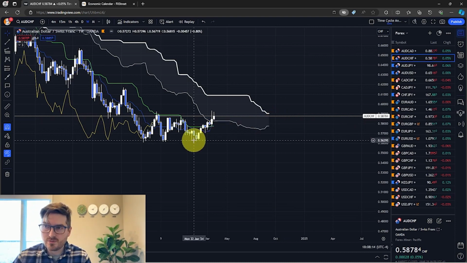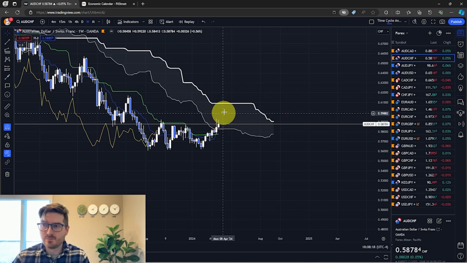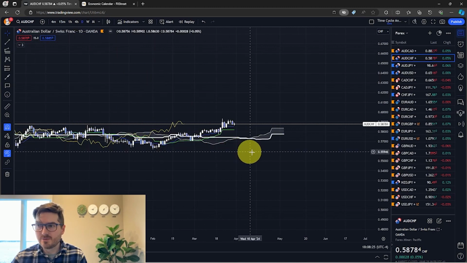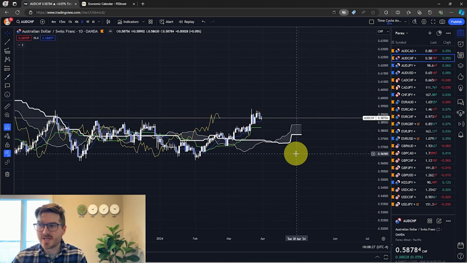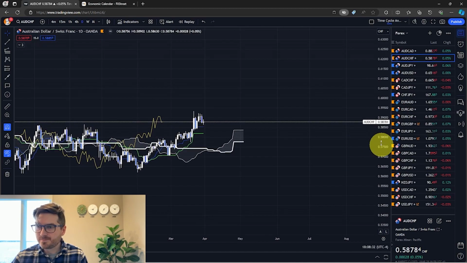So overall, on the weekly chart, this is looking bullish right now, and we're retracing back to the Senkou Span B. So let's look at the daily chart. Okay, and there we go. So we had some of those signs on the weekly, and now if we look on the daily chart, guys,